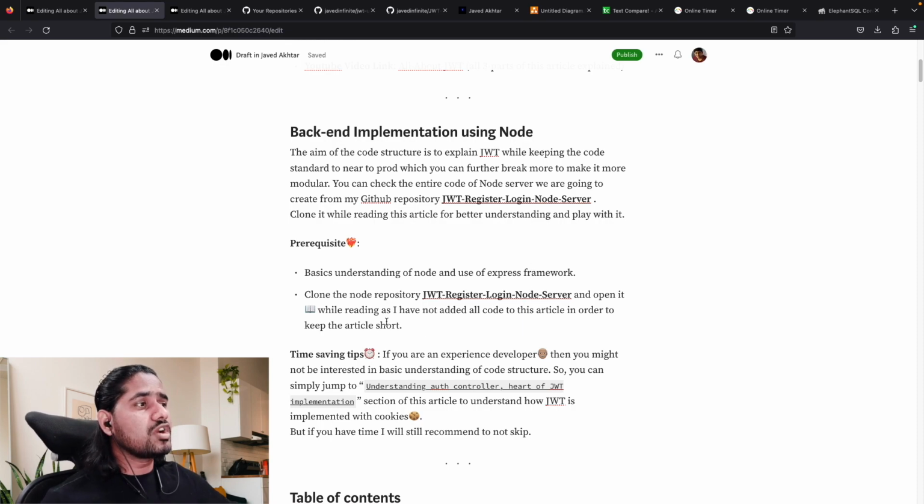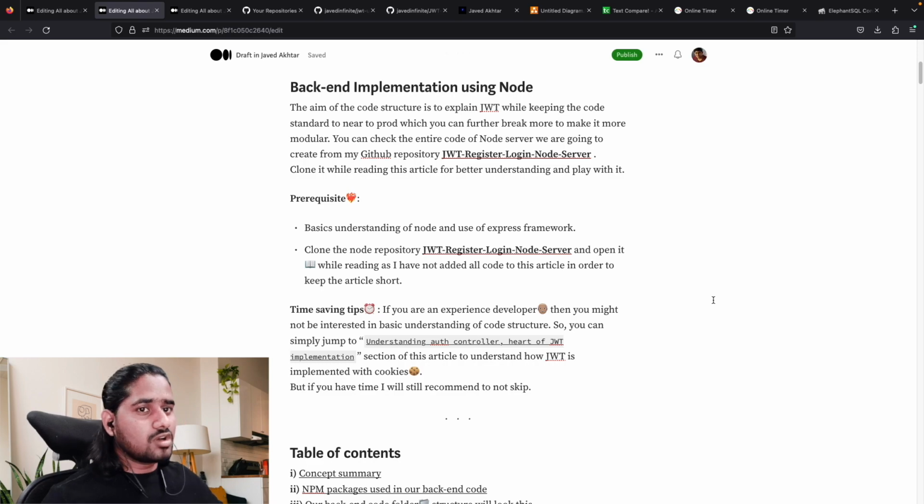The first thing which we are going to do is clone the repo. The code is already there. As I already said to you guys, I'm not going to write the code from scratch, because this is not a tutorial on node server. This is a tutorial about JWT. So I will clone the repo. We will understand how to run it one by one by reading the readme file of that